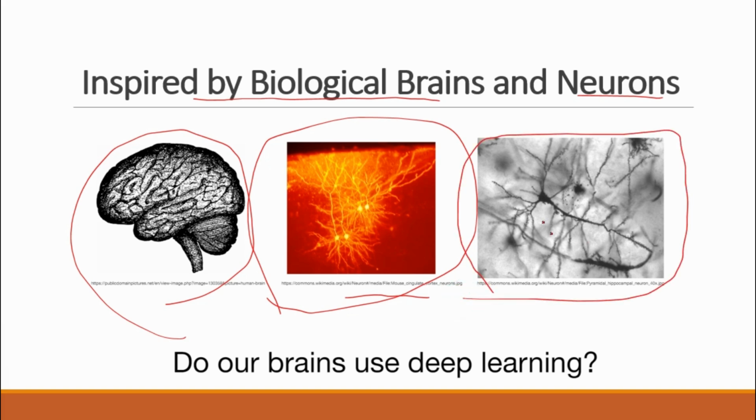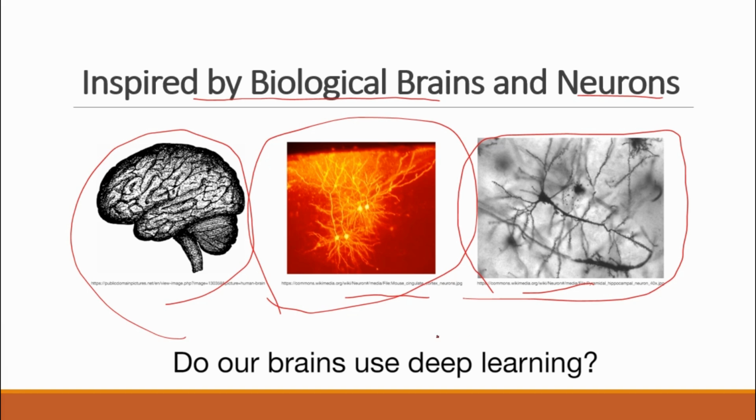Here I think you can nicely see that neurons are connected to each other, and this is a specific type of neuron. It's a pyramidal hippocampal neuron. So it's a neuron in the hippocampus, the pyramidal neuron, and there are many different types of neurons in the brain. So this is only one type of neuron.